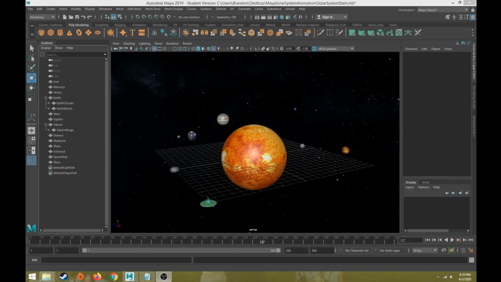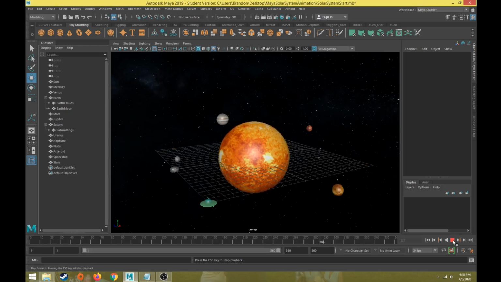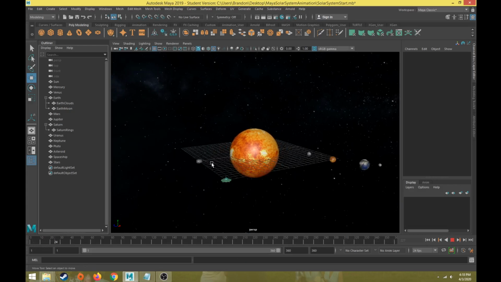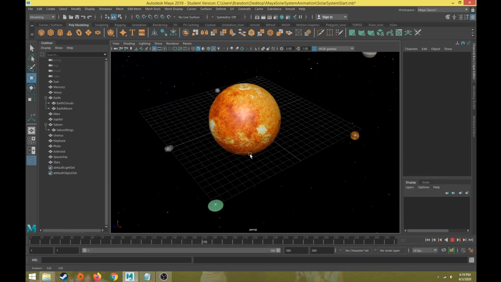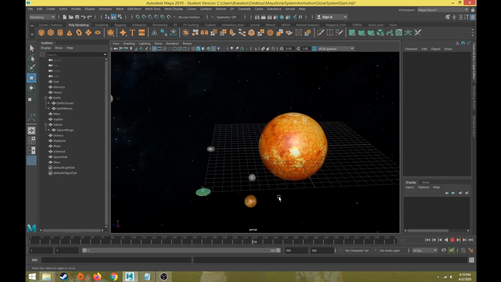Hi everybody, this will be part 6 in the solar system animation tutorial series in Maya. Last video we talked about how to add a solar system kind of scaling motion with the sun. The video before that talked about how to add the rotate based animation with the planets. So this video we're going to talk about how to add a movement based animation with